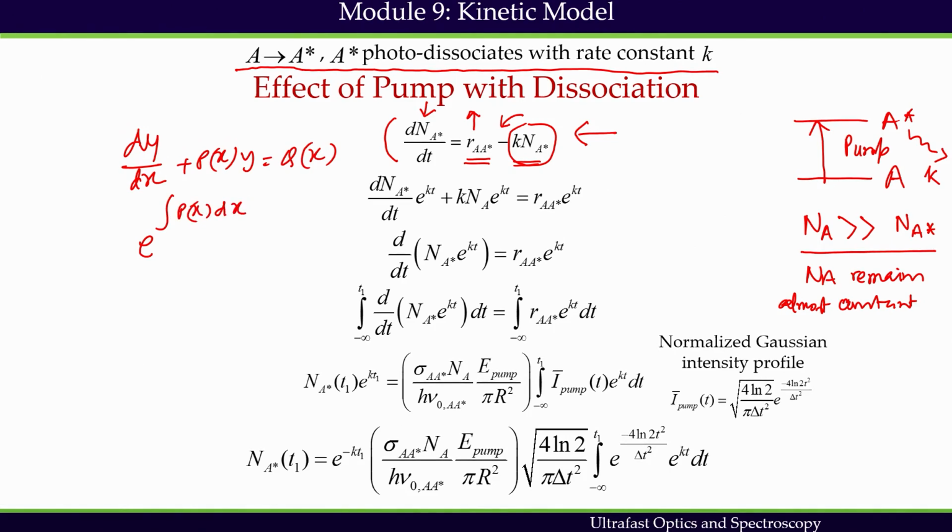So, for the given problem, we get the integrating factor e to the power kt. That is why we have multiplied e to the power kt,